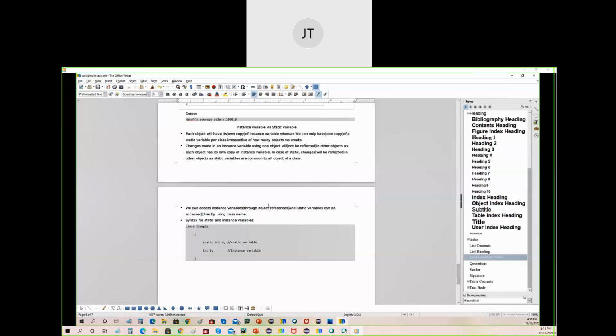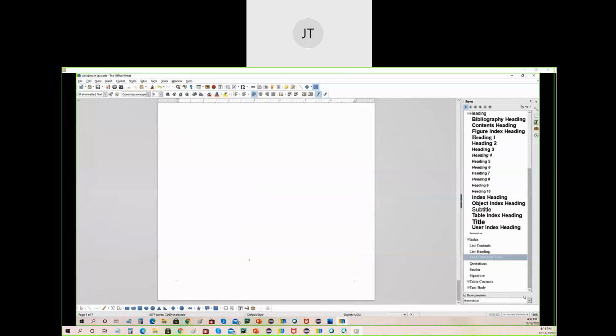Also, instance variables we can access through object references, and static variables we can access directly through the class name. So the syntax is like this. So this is our example for Java variables. Hope you guys are clear about